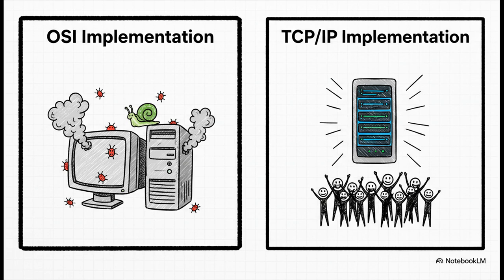And that complexity led to some truly terrible early software. Early OSI implementations were notoriously slow, buggy, and just gave the whole thing a bad reputation. At the very same time, a free, high-quality, and super-fast version of TCP/IP was available as part of Berkeley Unix, which was massively popular in universities. So you had this grassroots movement for TCP/IP, while OSI was seen as this clunky thing being pushed by out-of-touch bureaucrats.